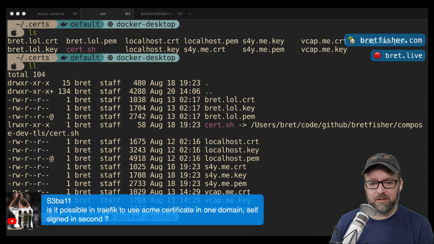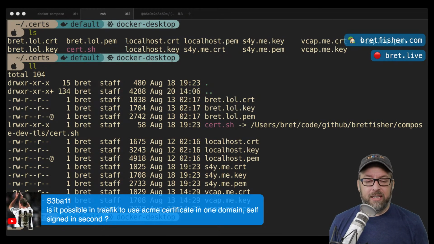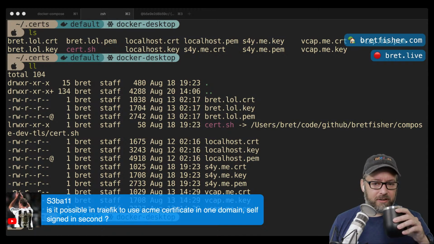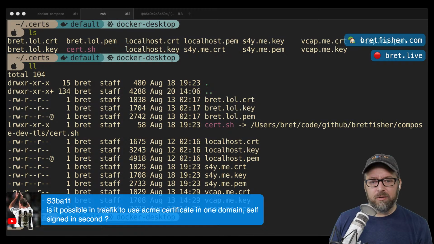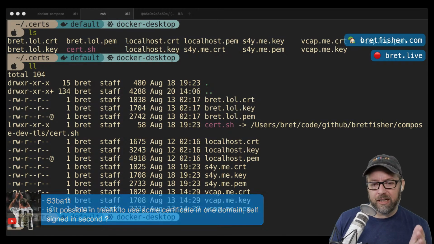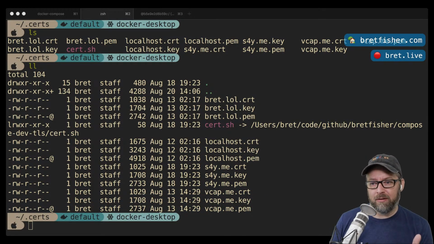Is it possible in Traefik to use an ACME certificate in one domain and self-sign in second? Absolutely. Yeah, for each one of them, you could specify the certificate. And I believe you do that on the endpoint. So when you start learning about Traefik, you learn about routes and endpoints and middlewares, right?